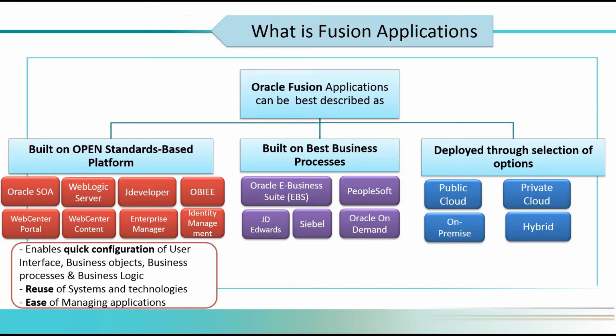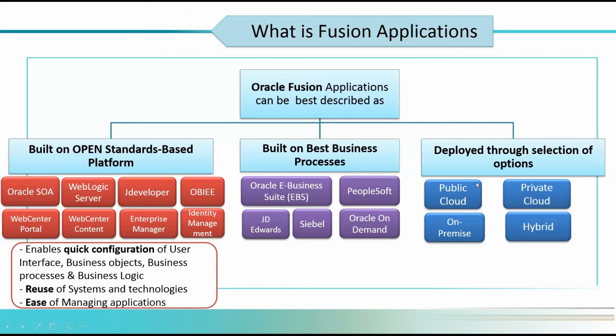Or go with the on-premise completely. Buy all the Fusion applications, and have your own network, own hardware, and deploy it there. So you can go with the on-premise application too. The problem is, between the cloud application and on-premise, there's a version difference. I'll talk about that. Hybrid means maintaining some components in the cloud and some components on-premise. That's also possible. So all these deployment options are given by Oracle in the Fusion application. That made it even more popular. I'm going to talk more about these deployment options in my fifth slide. We're going to learn more about it.